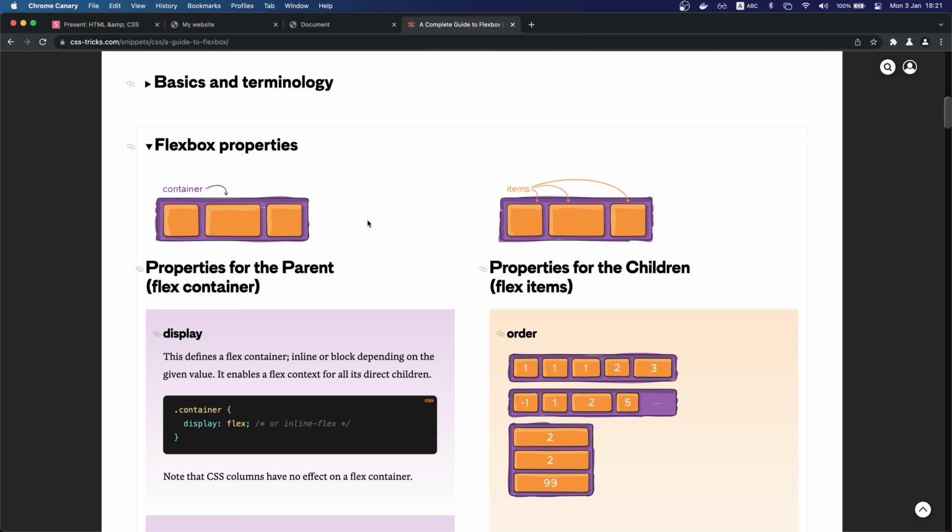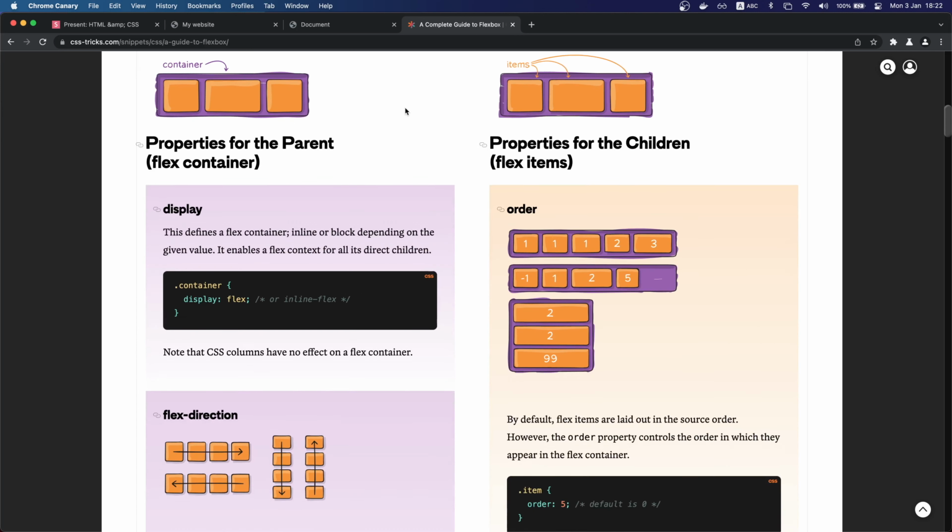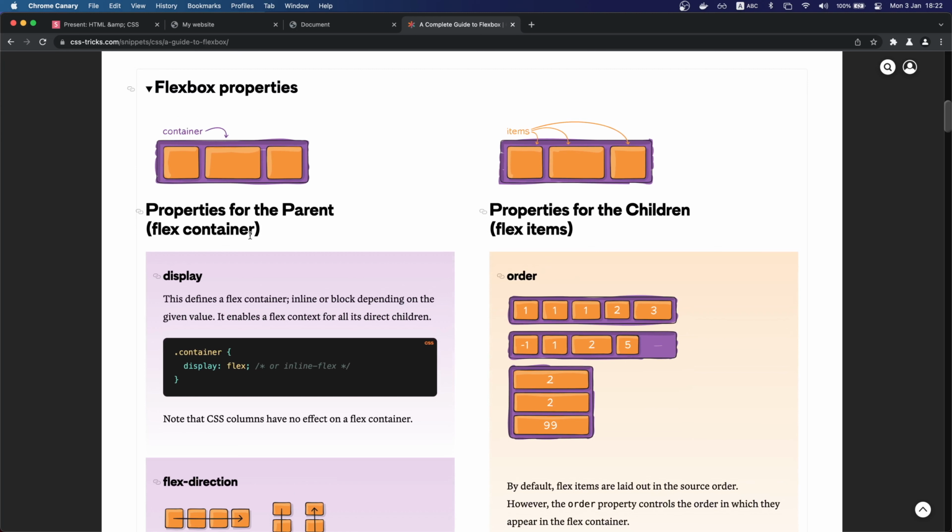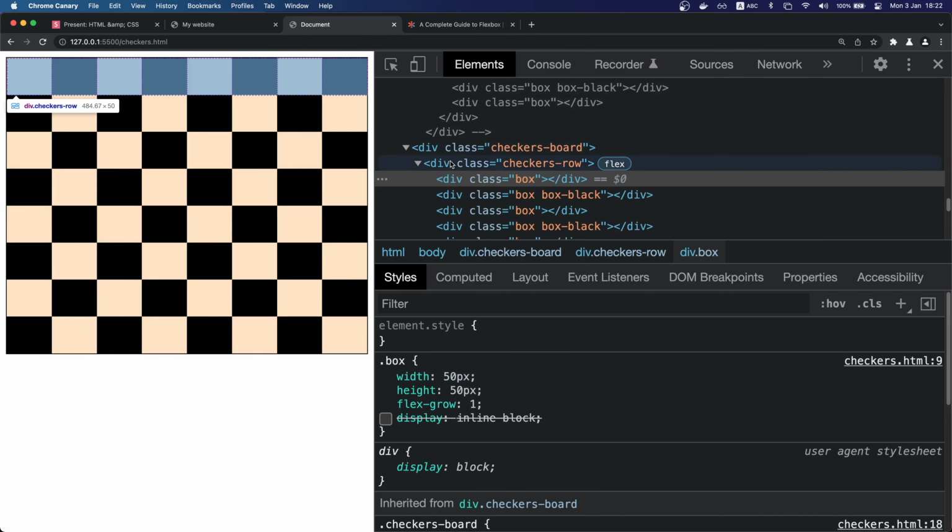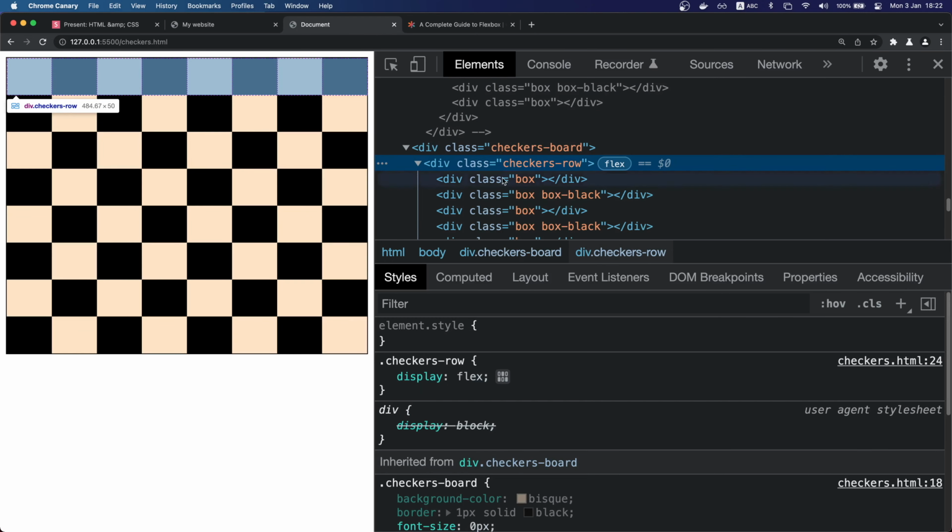I want to go over some of the other functionalities that we can do with CSS Flex. And what you can see here on the website from CSS Tricks is that the CSS properties for CSS Flex divide into two groups. One is the properties that we apply to what they call the container. Container in our example is the row that we have here. Okay, so this row has display flex. This is called the Flexbox, and this is the container because it contains elements that are flexible once we have